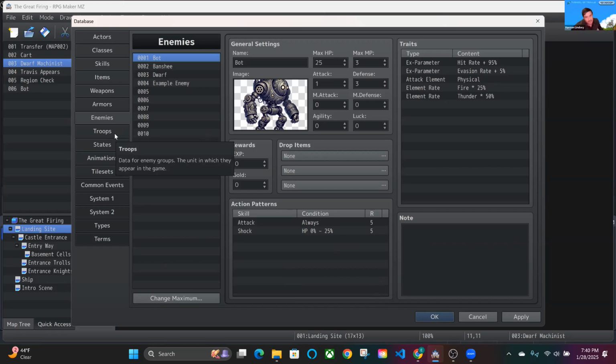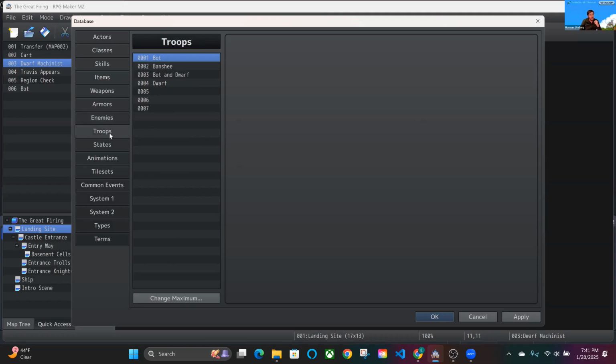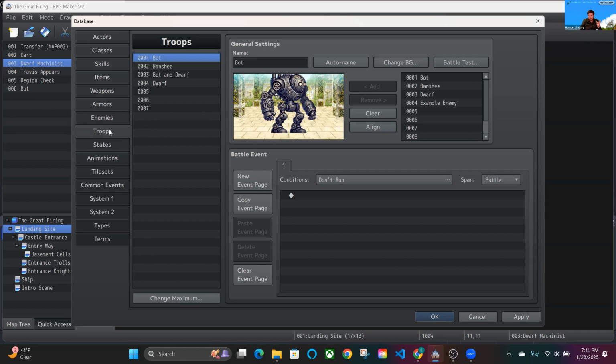If we have scenarios where in some cases the bot may either turn on the dwarf, you might only fight the dwarf because you've activated the bot, how do we incorporate all these into an RPG scenario? Well, it's RPG Maker, so good news is we have options. And that's where troops come in. So troops is a tab that specifically calls out the enemies you have already designed and puts them in different